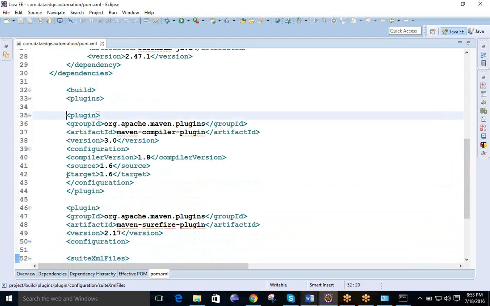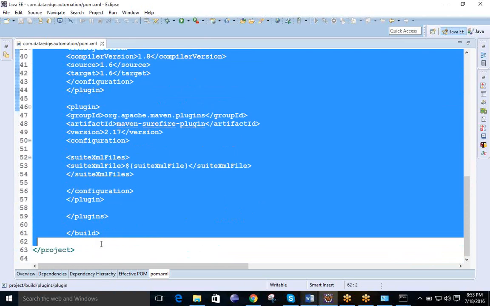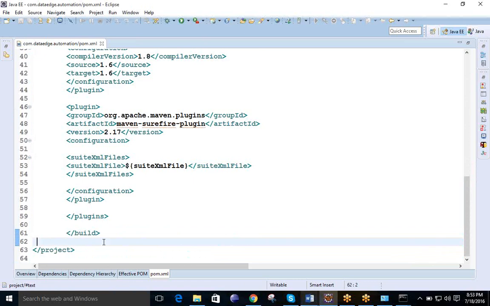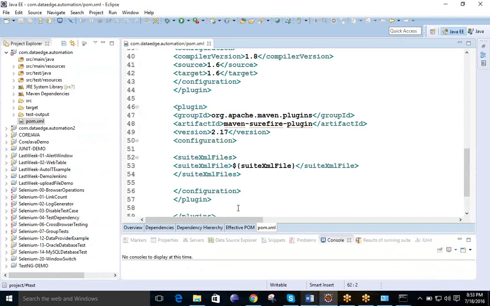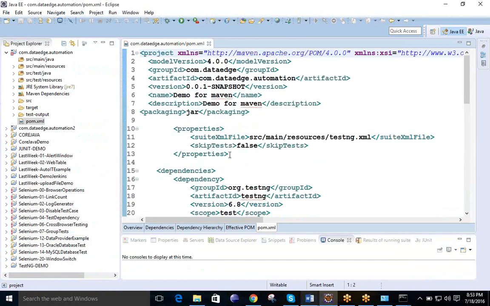These are the default plugins which come from Maven itself. So you simply copy and save this into your project. Once you give the configuration, or whatever changes you have made over here, if you simply save this pom.xml with Control+S, it will take some time, maybe around 10 to 15 minutes depending upon your internet speed. It will depend, because it will download TestNG also,